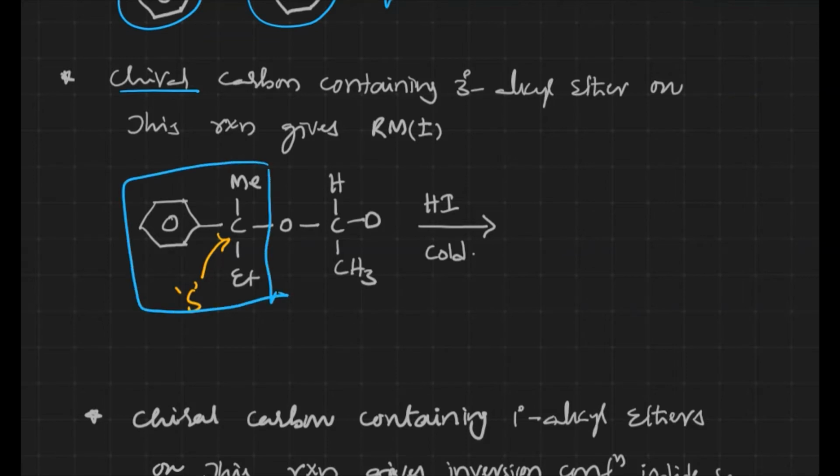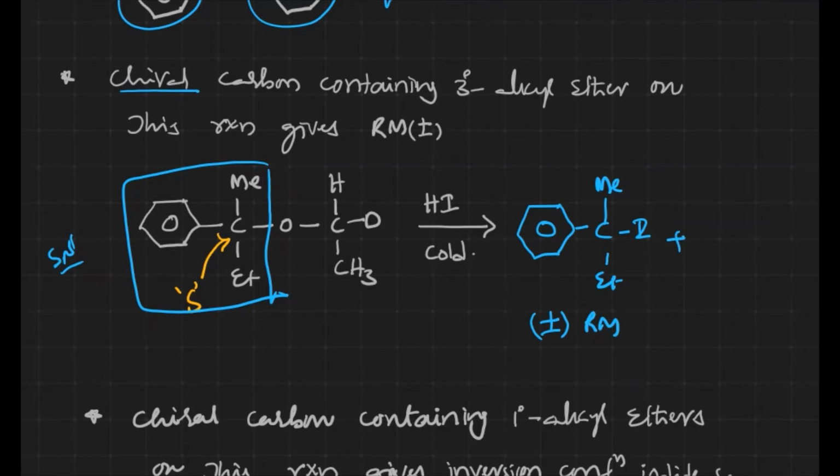This part readily undergoes SN1 reaction because it's a tertiary one. We have already mentioned tertiary carbon readily undergoes SN1 nucleophilic substitution reaction, because the respective carbocation is more stable. This one turns into the iodide group, methyl iodide. This part is going to be a racemic mixture, and the remaining part is going to be alcohol. Okay, let me write it as it is. Okay, this is how the reaction takes place.